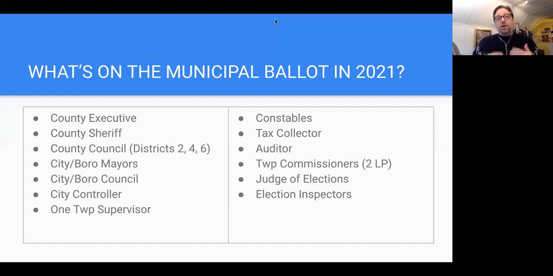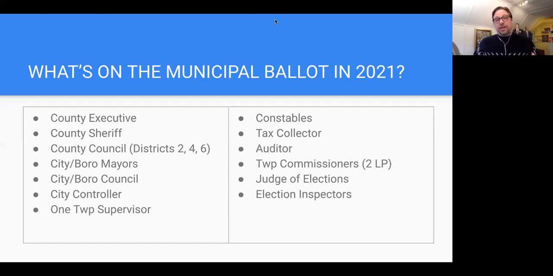And so if we don't elect them in this term, the county will continue to look for volunteers to fill those roles. So even if you know someone who is currently serving as a judge of elections and plans to run as judge of elections again, don't discourage others necessarily from running for that spot, because the county will need a pool of candidates, people who are interested in these positions to help run our election processes.